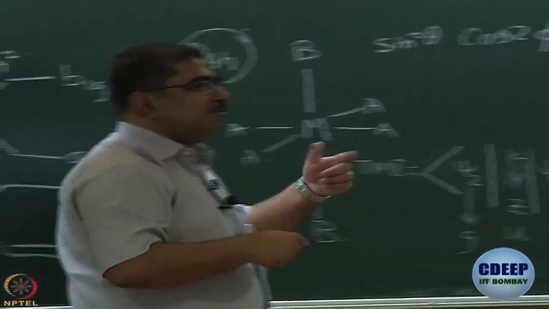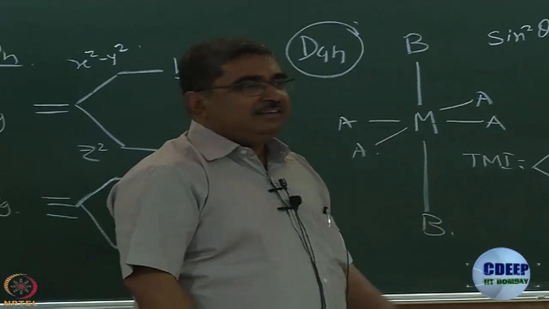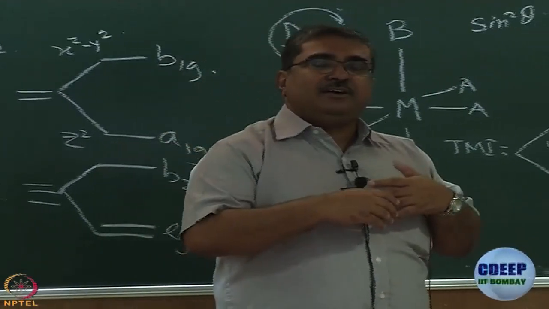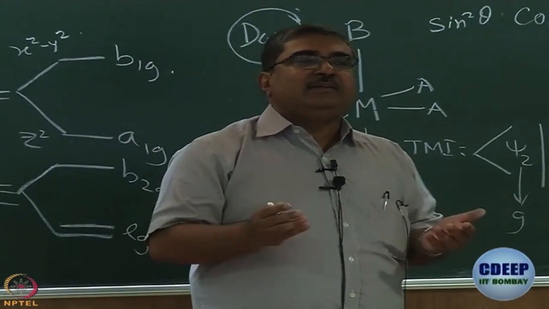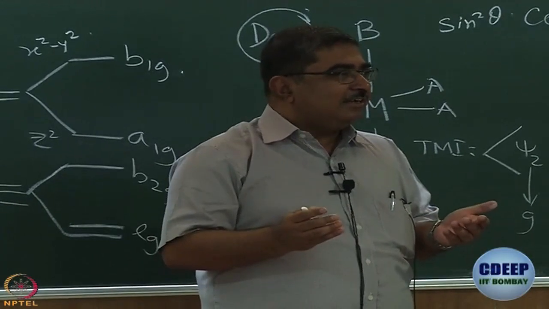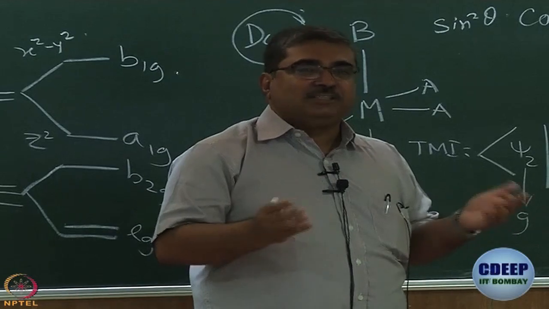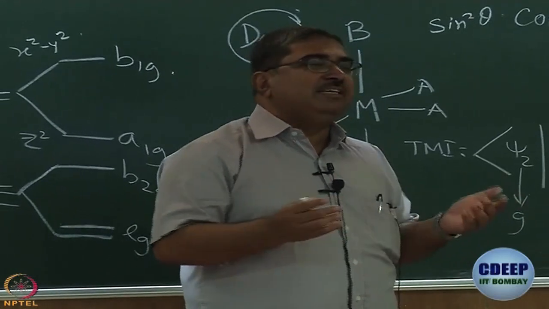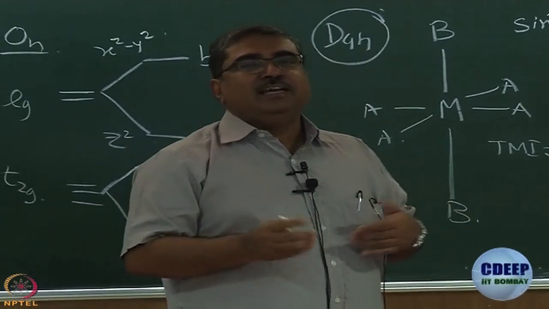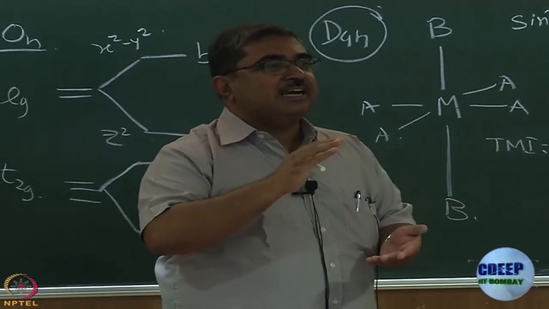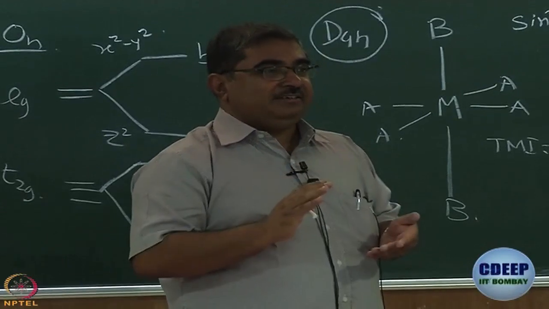So, what is the product of g, u and g? It is u, right. That means the integrand is antisymmetric with respect to inversion, and therefore, it does not survive. The integral does not survive. The integrand is antisymmetric with respect to inversion, that is why the integral does not survive. That is why, as you know, dd transitions are actually symmetry forbidden,